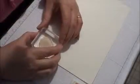Right, okay, so I need to do 5, and I'm doing 5 with Pink Pirouette. So I'm going to start here and work my way back. Block to one side and close up the ink. Now I'm going to get Calypso Coral,